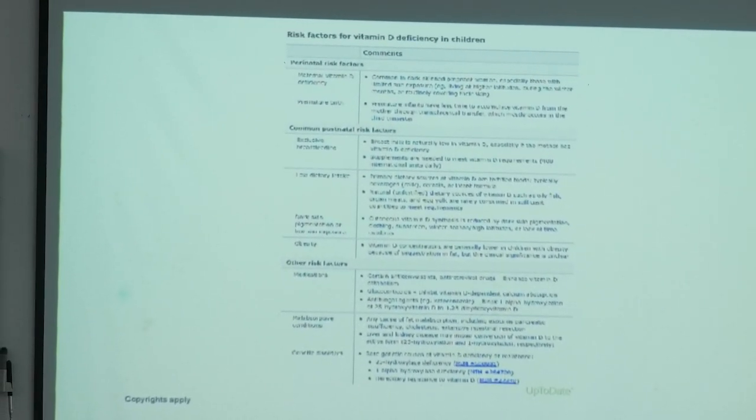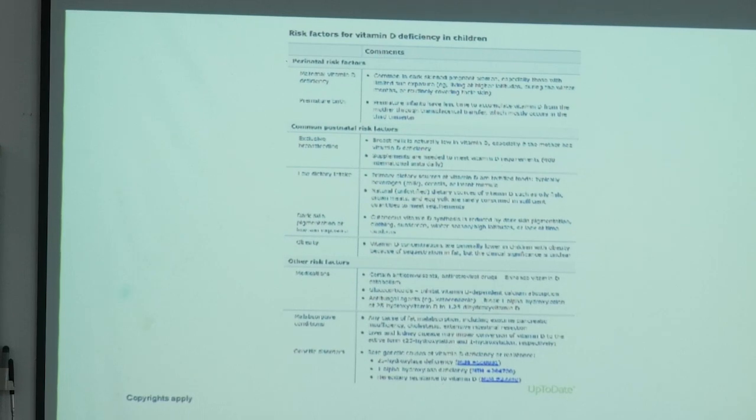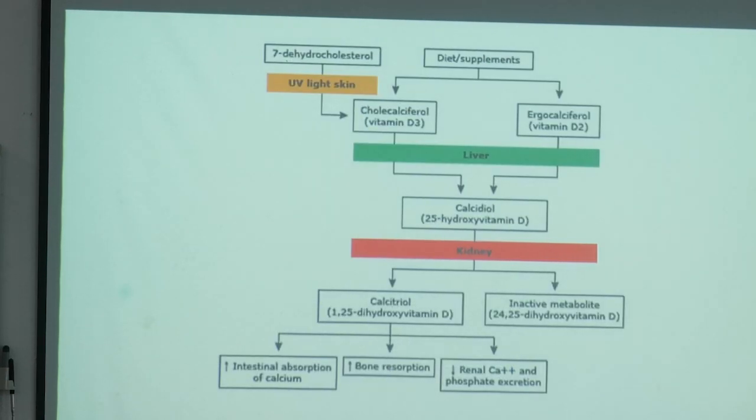Now this side is clumsy, we are not discussing this. I just tell you what may be the different causes of vitamin D deficiency. Suppose a child or a person is not getting sufficient exposure to sunlight. What is happening in the skin with sunlight? There is 7-dihydrocholesterol, which is converted on exposure to sunlight to